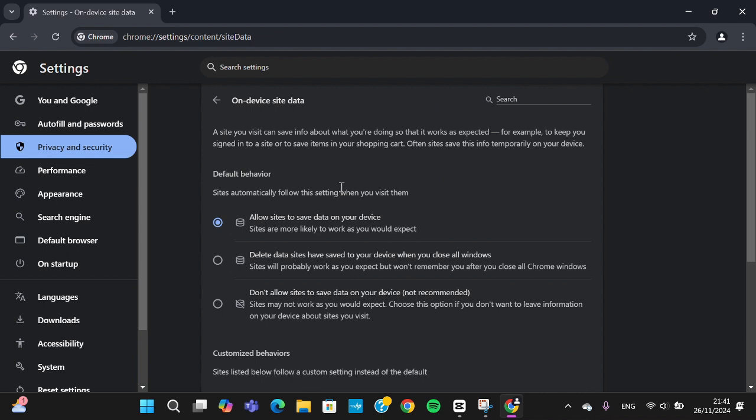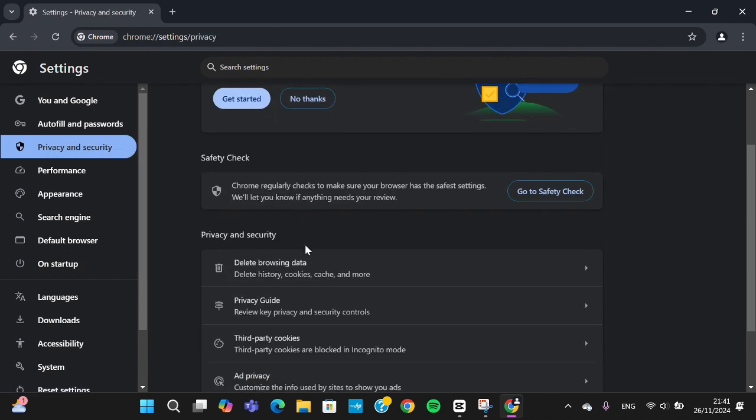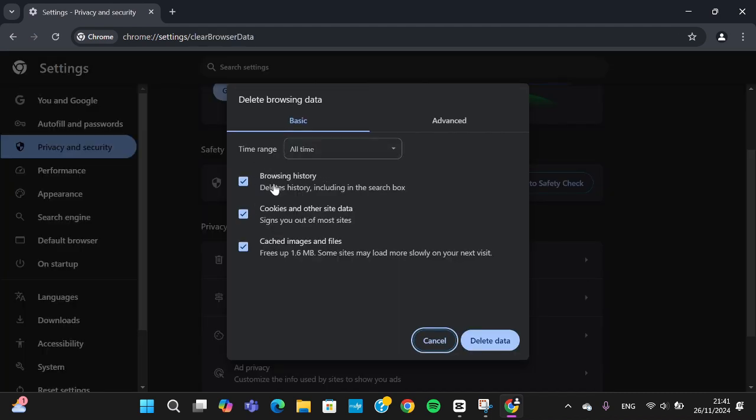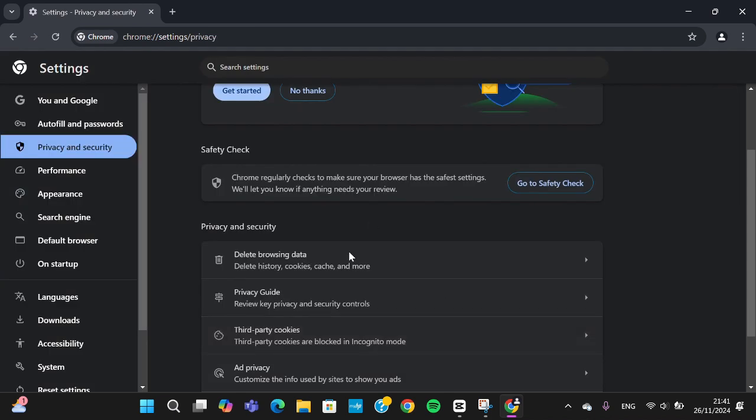And if this trick still doesn't work on your Google Chrome, I recommend you to go to the privacy and security and clear the browsing data. You can click on delete browsing data right here, and then you can delete the browsing history, cookies, and other site data, and also the cache. Click on delete data, and then the browsing data will be removed, and you can close your Google Chrome and